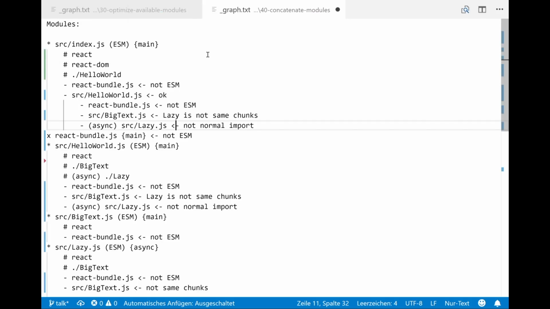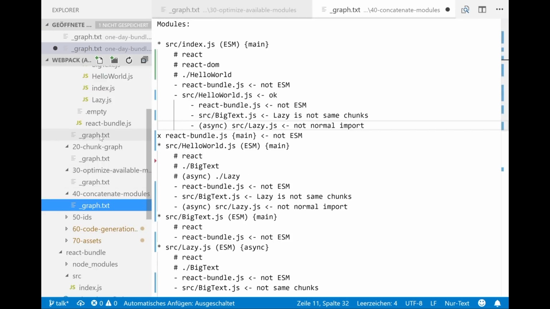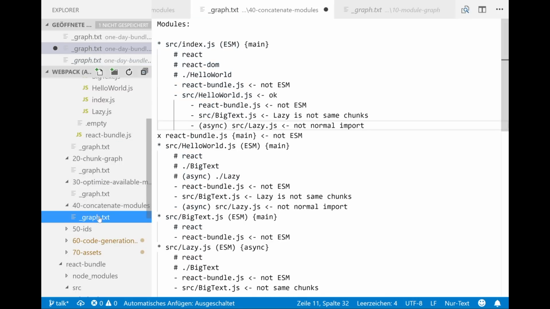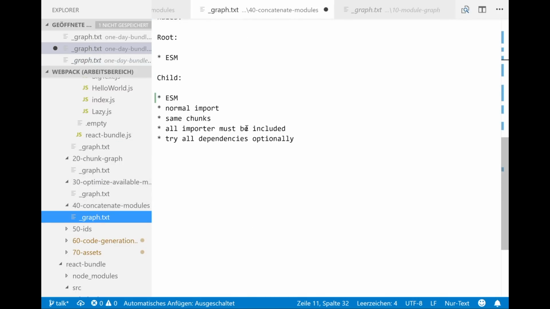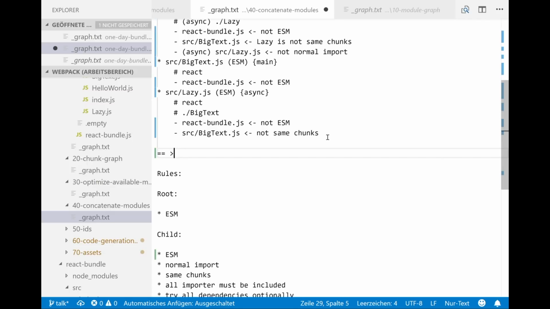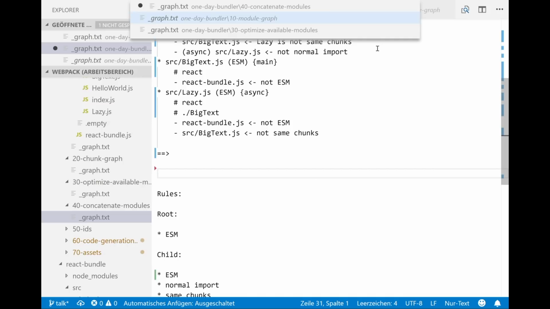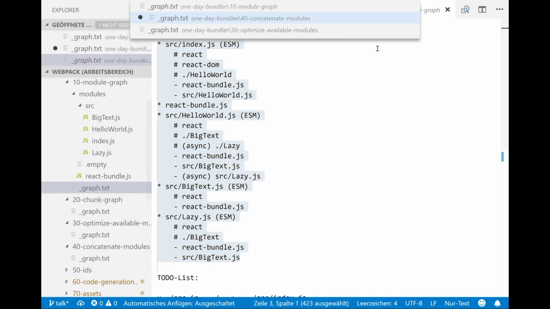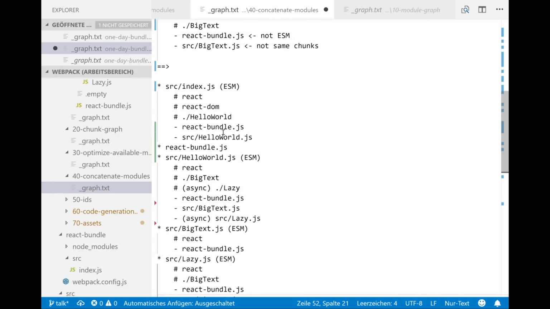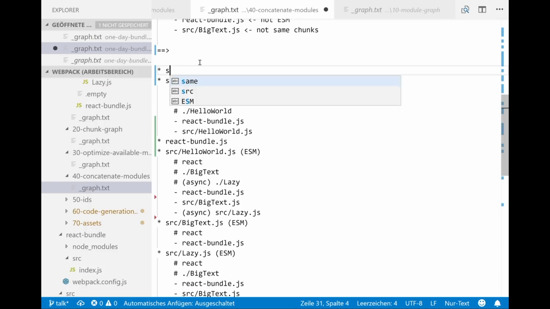Now we fix the module graph to create this group. So basically, we have the old module graph. Copy, paste. So we put these modules into a module.